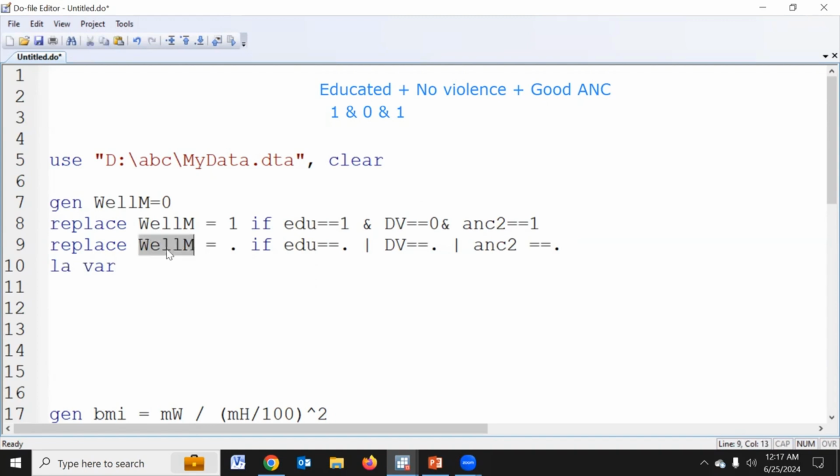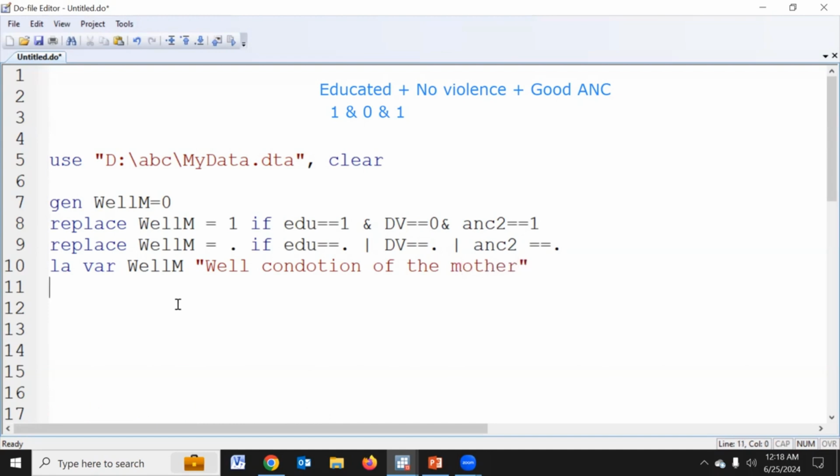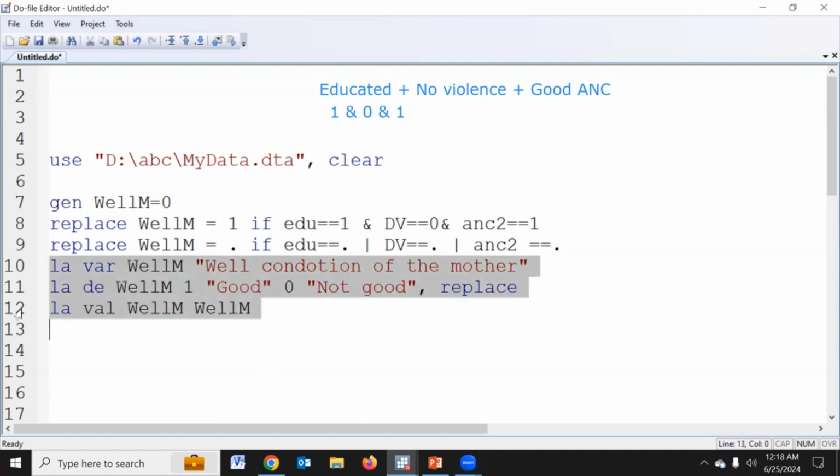So now we have to define a label for the well mother variable: condition of the mother. Okay, this is the example. Label define, 1, 0, replace. 1 means good, 0 means not good. Then label values. So if we run,